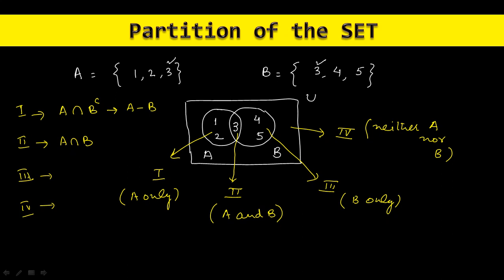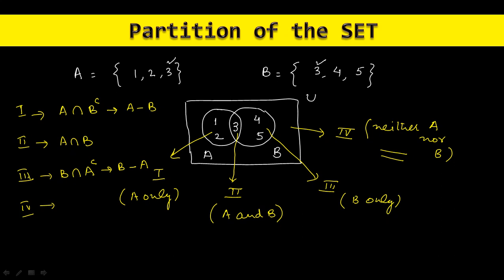What is the meaning of intersection? Basically, two contents are there which we have already discussed inside set theory in +1. What is the meaning of intersection? Intersection stands for common elements. And what is the meaning of union? Union stands for all the elements of set A and set B. What about third part? Third part represent B intersection A complement, or you can write B minus A. And what about fourth part? In fourth part, neither A nor B, means both the set elements are not there.